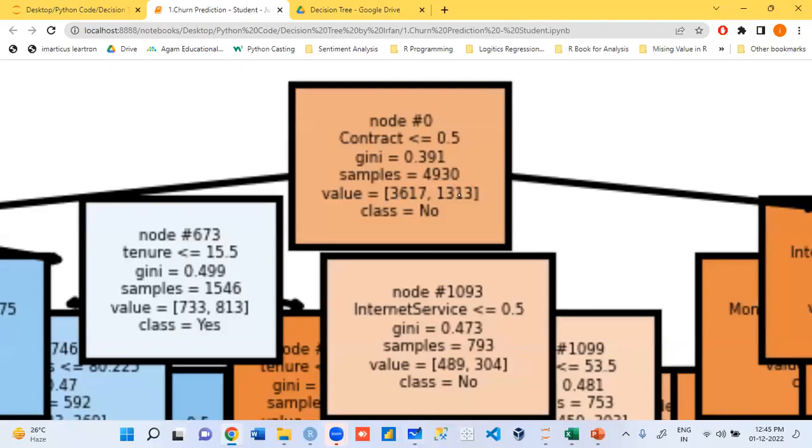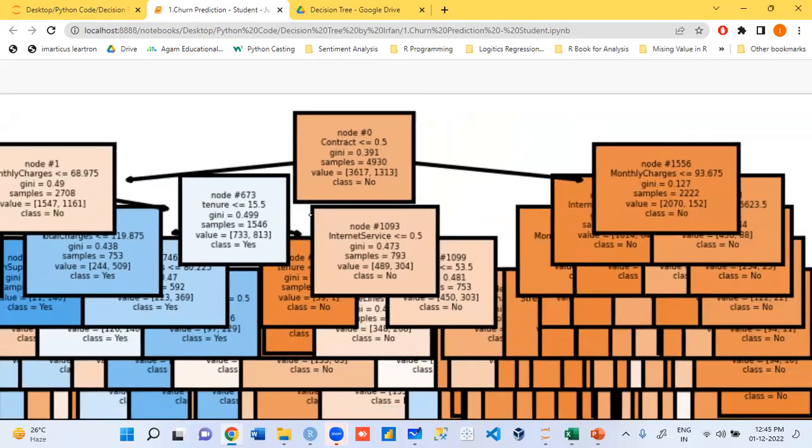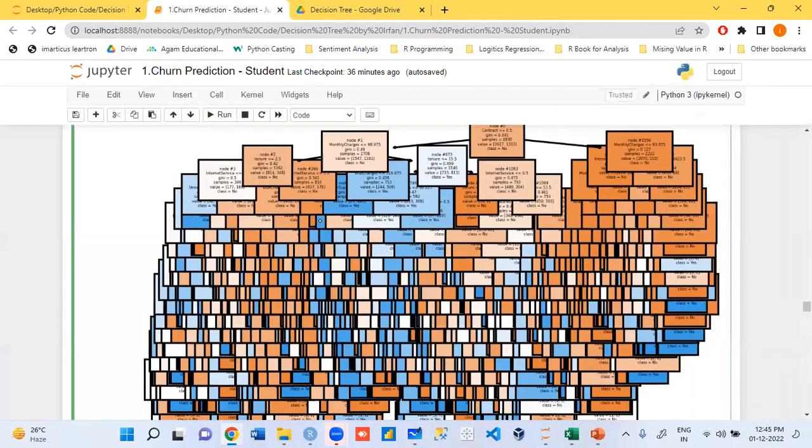How many yes we have? Who is the majority? That's the reason class comes as no. Gini value. Which variable do we use? So contract is your root node. What is its node number? 0. Is this clear?